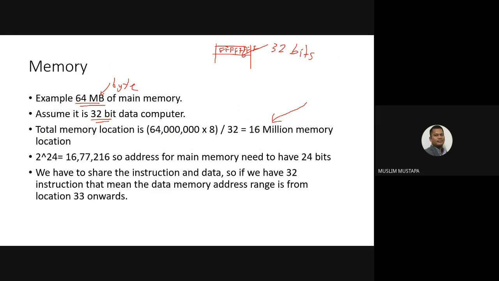Right, so from the 16 million memory locations, we then have to determine what the addresses are. What are the addresses for main memory that we need to have, right? So we calculate using multiples of 2. You can try it: if you do 2 to the power of 23, you're going to get 8 million. And if you do 2 to the power of 24, then you can cover up to 16 million